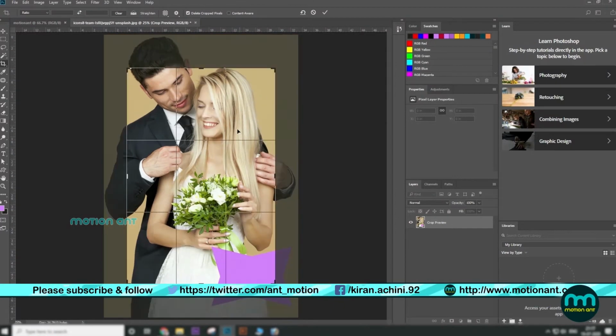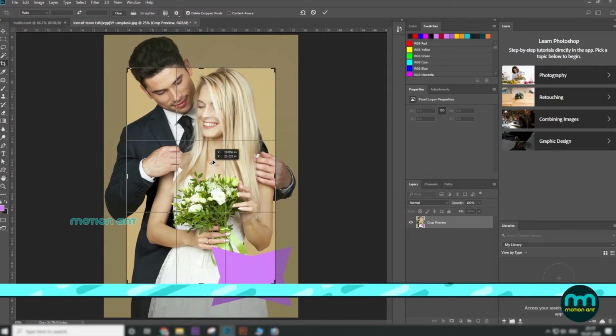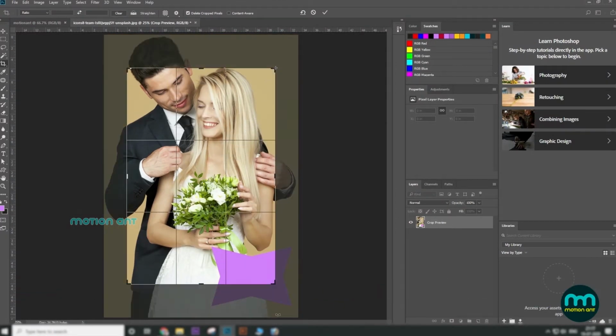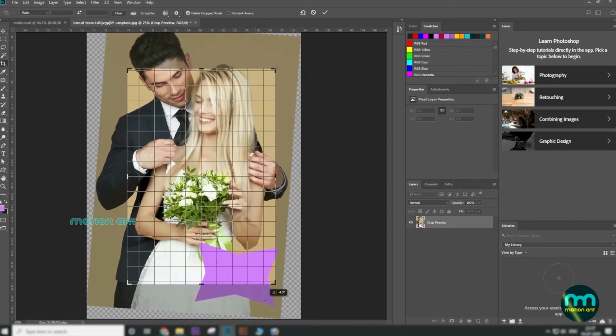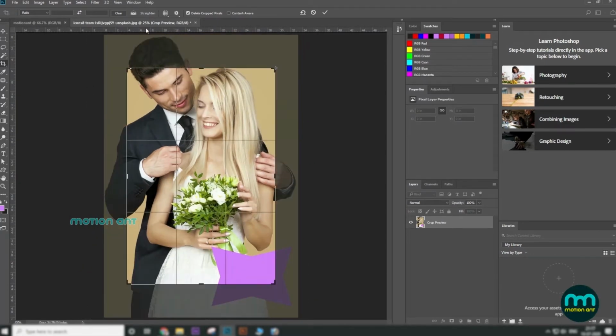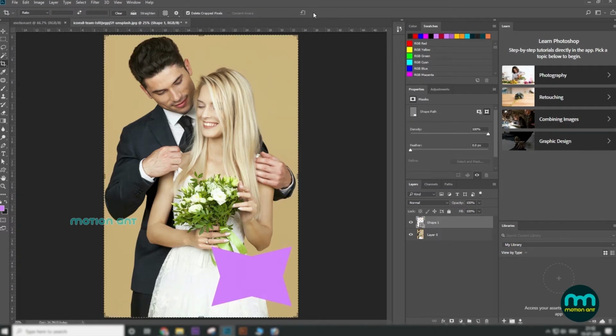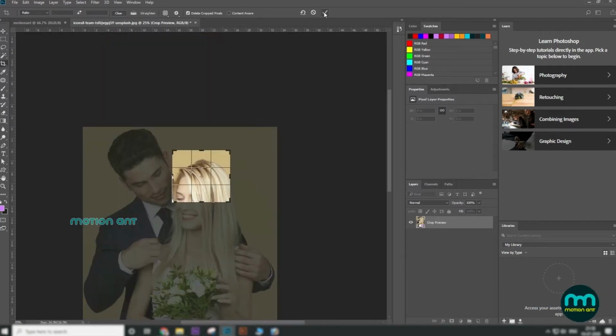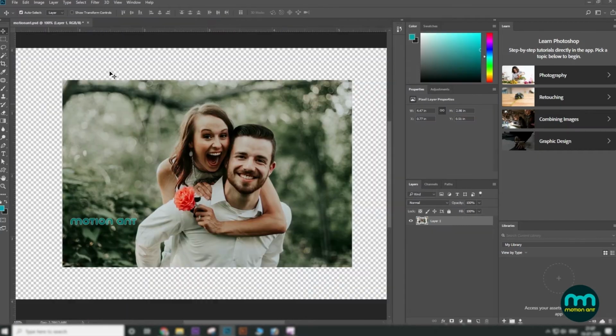You can also change the center by moving the central circle. From the options bar on the top, use Cancel to undo all, or use Commit to apply the crop tool.